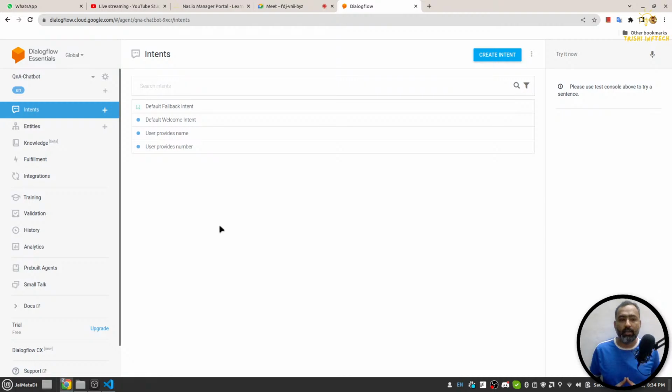Then we will understand how Dialogflow sends a request and receives a message from our Python Flask server. Then we will understand how to manage context through our Python Flask server, and finally I'll show you a way